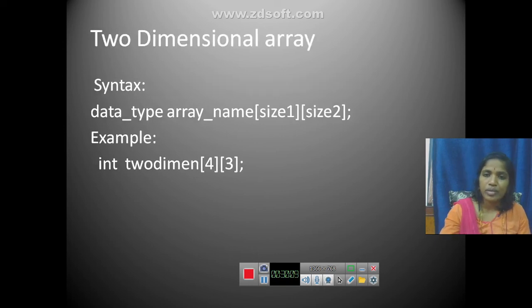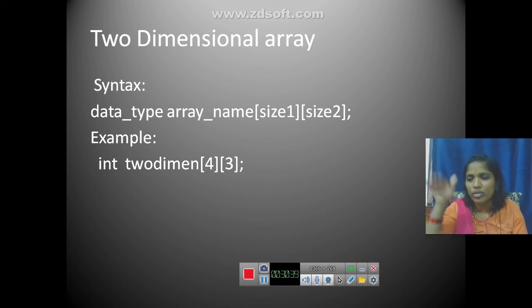So next, two-dimensional array. In a two-dimensional array, you have to mention two dimensions. As the definition indicates, the array name is followed by two subscripts, size 1 and size 2. Size 1 indicates the row size, size 2 indicates the column size, the number of rows and number of columns.